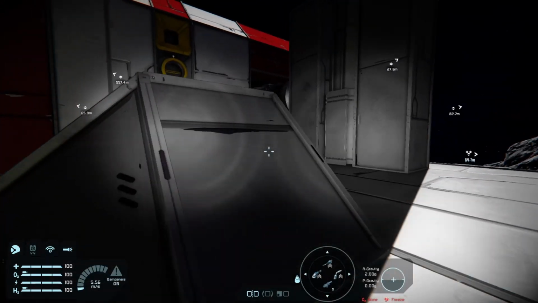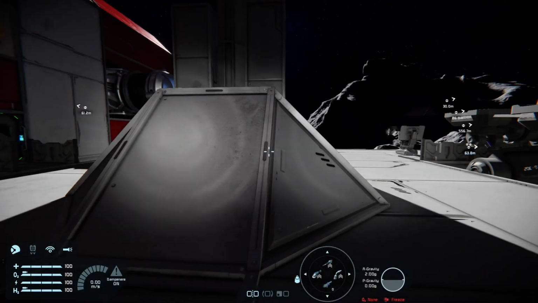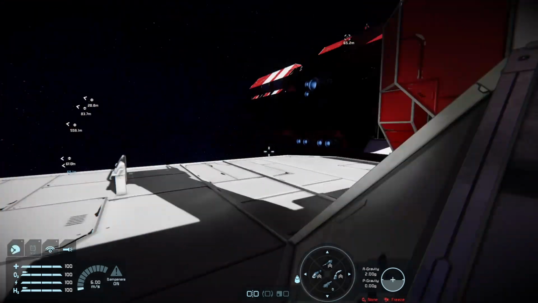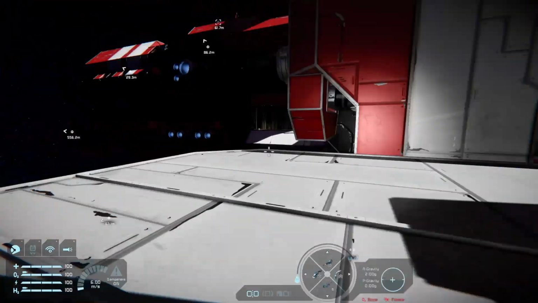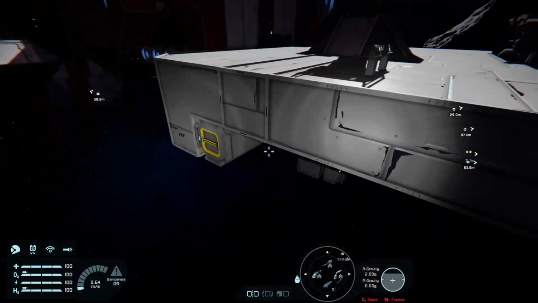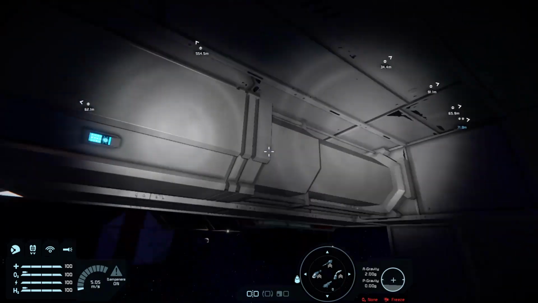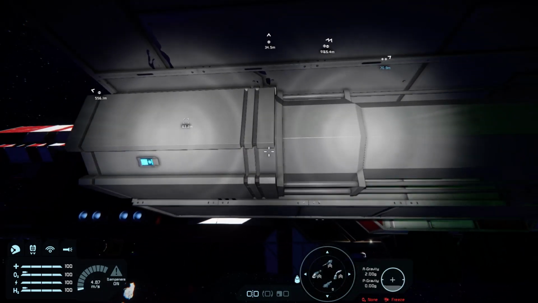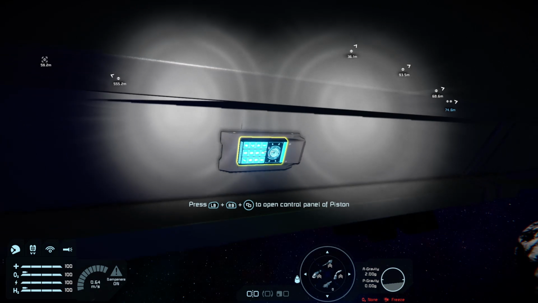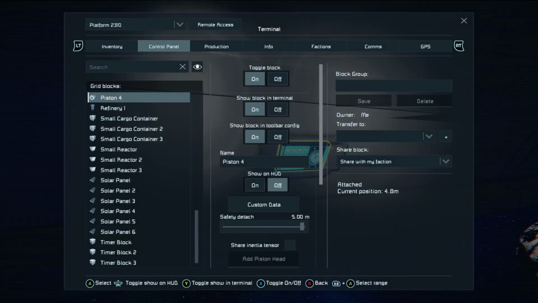So 100 kilonewtons, they've got to be pushed up to be able to move this thing. I'll show you where the piston is, you'll see what I mean. It's actually carrying more than its fair share of blocks. Piston 4.